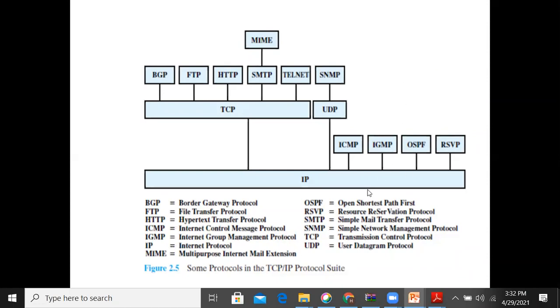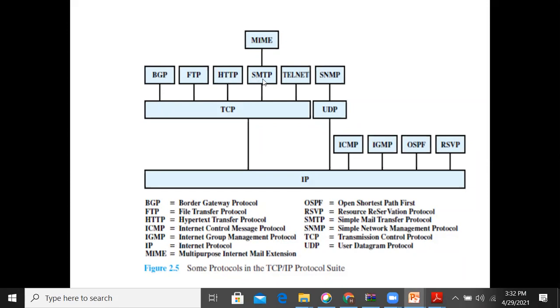That protocol is File Transfer Protocol. HTTP: if you are opening a web page, that is the Hypertext Transmission Protocol, used to exchange web documents.